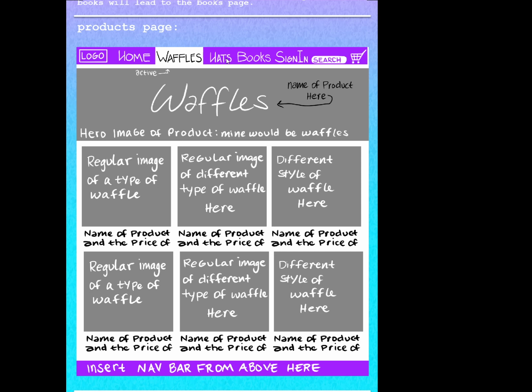So if I were to click on the hats page, I would have 6 different types of hats. I would have the name of the hat and the price of the hat. And then up here I would have a hero image of hats, and it would be labeled hats right here in text real big. So that is going to be the same for the hats and the books as well. So moving on